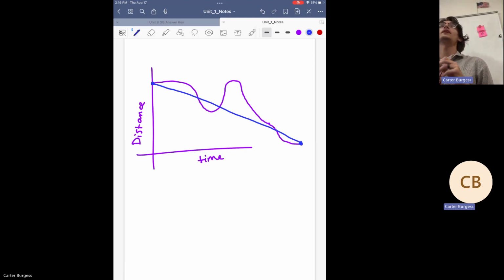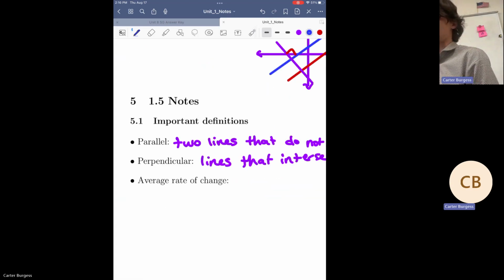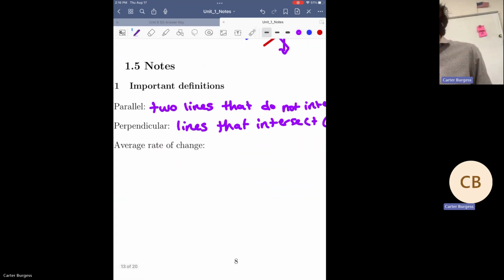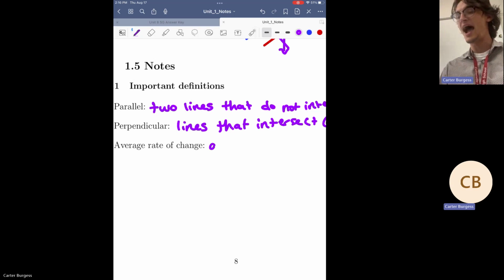In other words, we are going to ignore all of the complicated garbage that is going on with our functions. We're just going to pretend that it's a line. Which means that when we are taking this average rate of change, it is no different than taking this. As far as definitions go, average rate of change, we're going to just describe this as the average slope